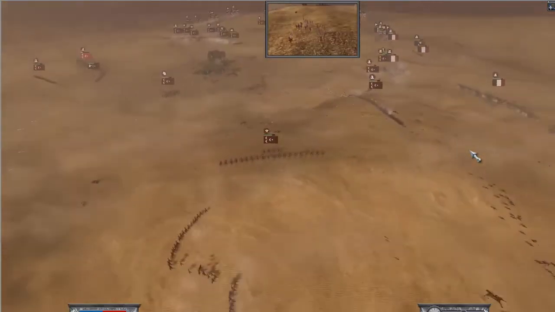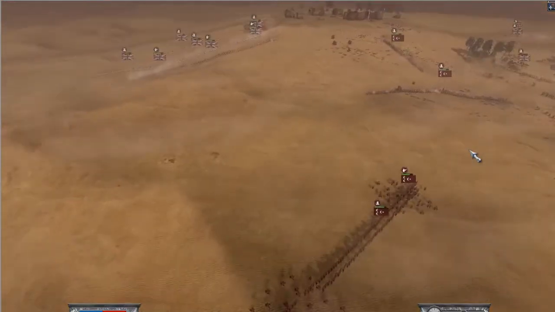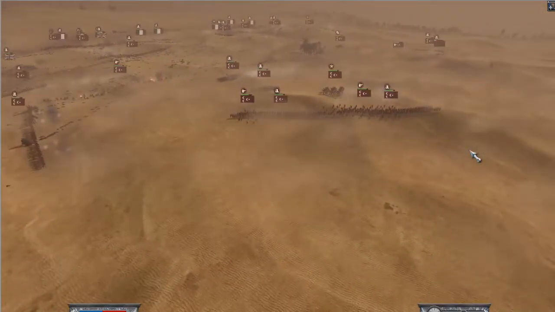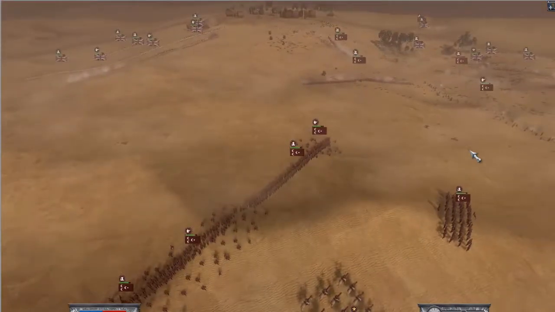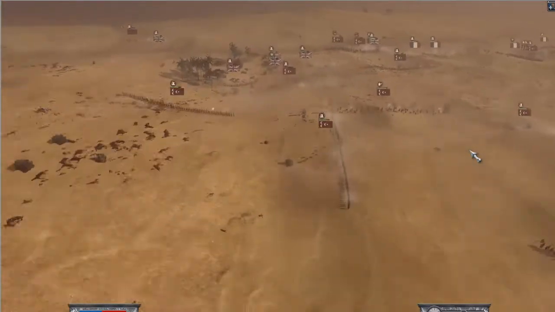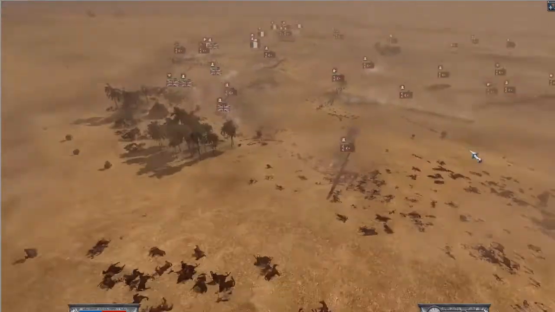flank the Ottoman Empire from this side, and at the same time they will try to push from the left, where the Ottoman Empire has not many men to defend their left flank from the British forces. Though, as I can see what's going on in the center,